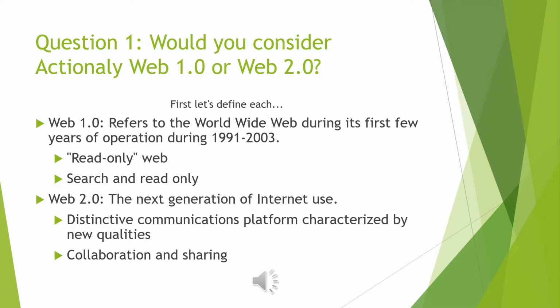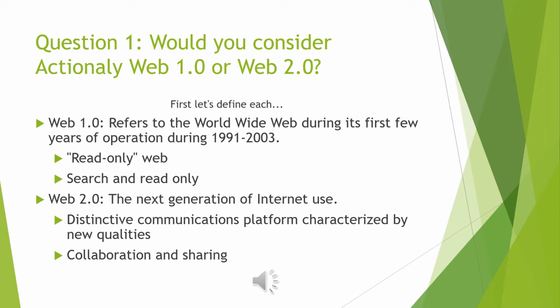All right. Our first question is, would you consider Actionly Web 1.0 or 2.0? Before we can answer that question, we need to first define both webs. First, we have Web 1.0. This refers to the World Wide Web during its first few years of operations, between 1991 and 2003. It's considered a read-only web, meaning you can only search and read. There's no interaction